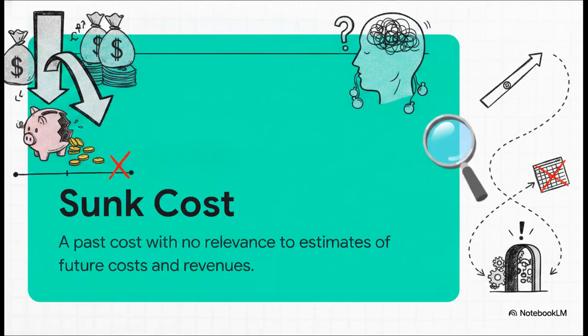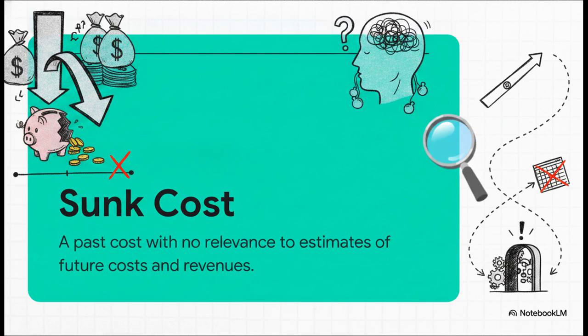Now, here is a massive trap a lot of businesses fall into: the sunk cost. By definition, a sunk cost is money that has been spent in the past and has absolutely no relevance to estimates of future cost or revenues. It's money that's already gone. But human psychology makes it incredibly hard to let go of sunk costs, and that naturally leads to some pretty